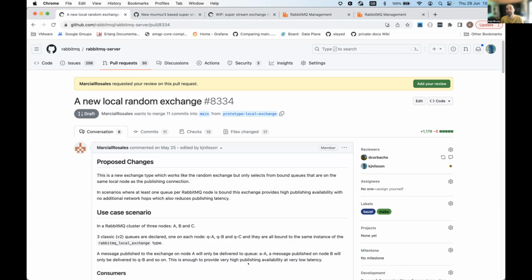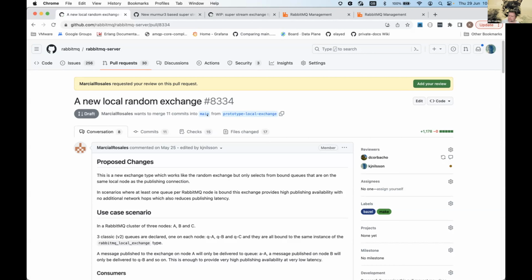It's a bit like having 3 non-clustered nodes, right? It's almost a similar pattern to that. So that's that. It's not quite ready yet. We have some more changes to do. It might be renamed from what it is in this pull request, but it does work. As I said, Michał has tested it, and if anyone wants to test that, that's super. Any questions from Loïc or